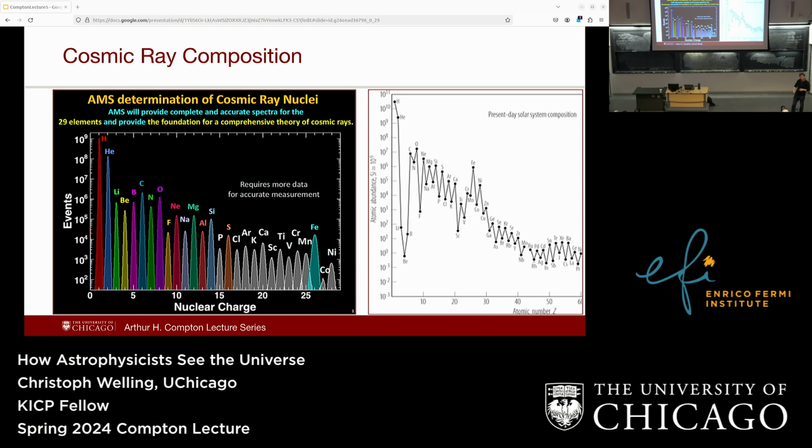If you want to do this at higher energies, you kind of have the problem that you can only look at air showers. Because if you have a detector in space, the chances of actually finding one of these really high energy nuclei are really low. So you want to figure out a way to measure the composition or figure out what kind of cosmic ray it was from the air shower.